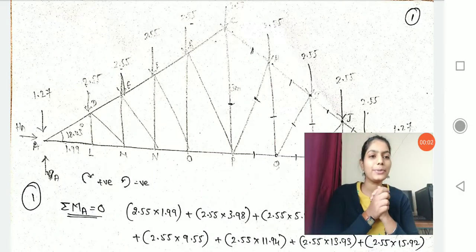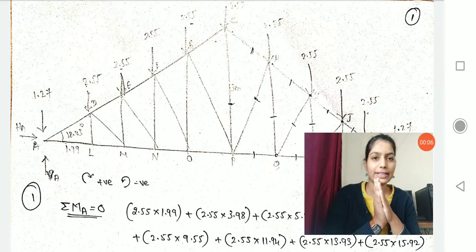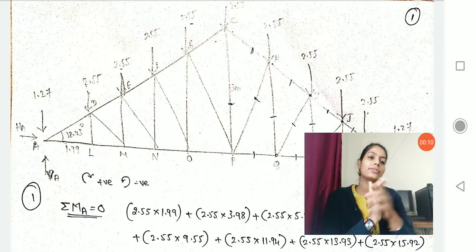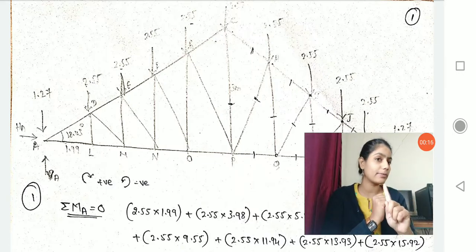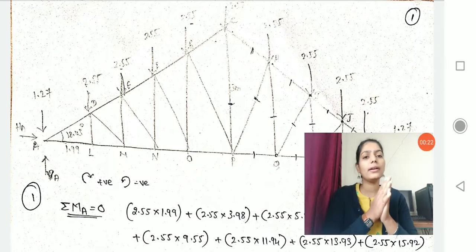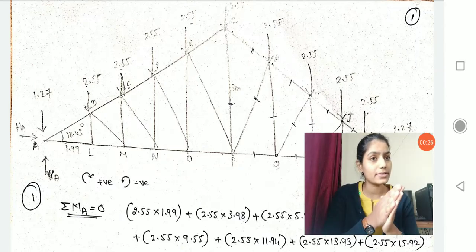Hello students, in today's session we will discuss how to analyze the axial forces in the truss members. Now in the last session we have discussed that members of the trusses always carry axial forces. They are not allowed to carry bending moment, or we will say they are never allowed to get bent, right?